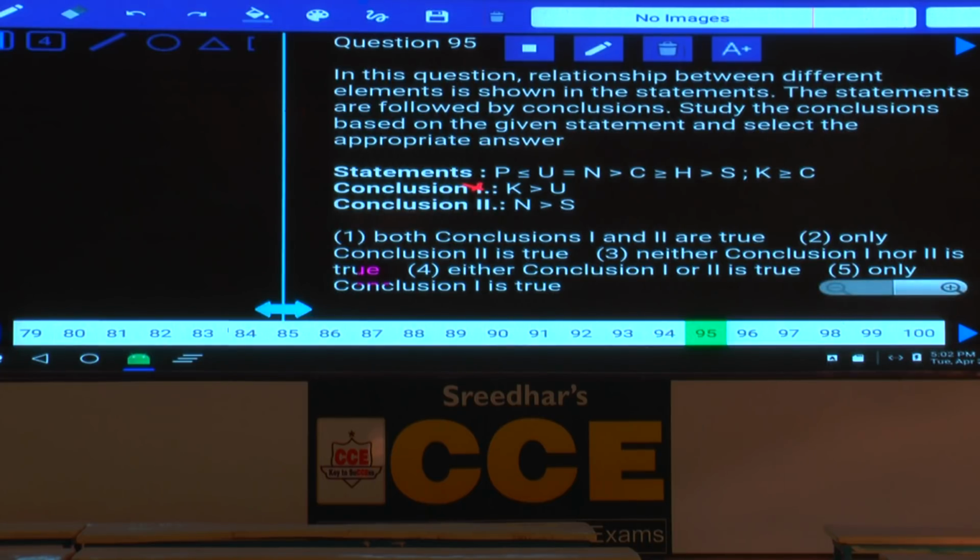And coming to the second, N and S. Now between N and S, the symbol which is common is greater than, N greater than S is definitely true. Hence only conclusion 2, choice 2. Done with this 95, choice 2 is the answer. Then 96 to 100,